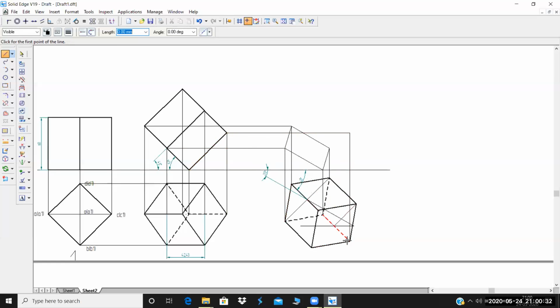If this is C1, this is C, then this is A. This is A as well. So 2 points we got, and another 2 points we will get on this line. So I've got A and C. Next, this is B.